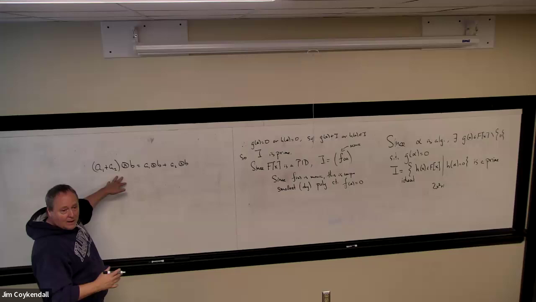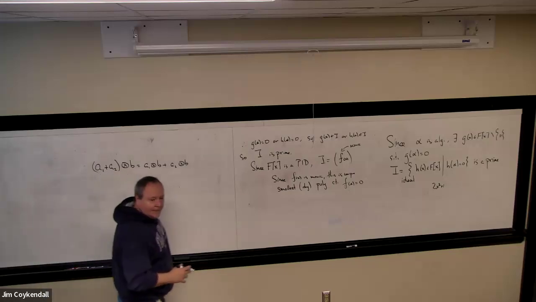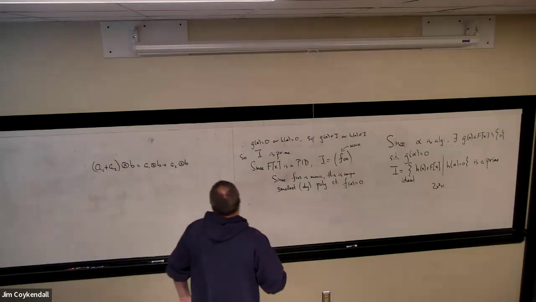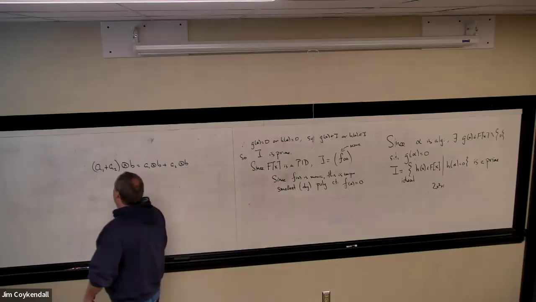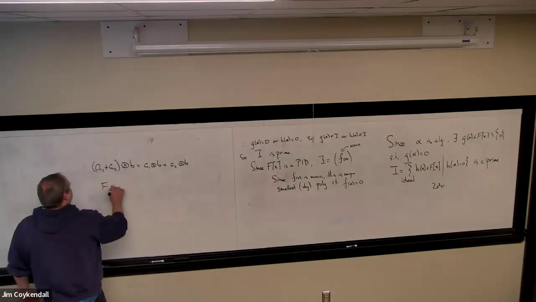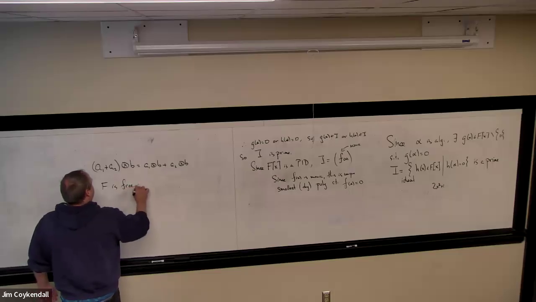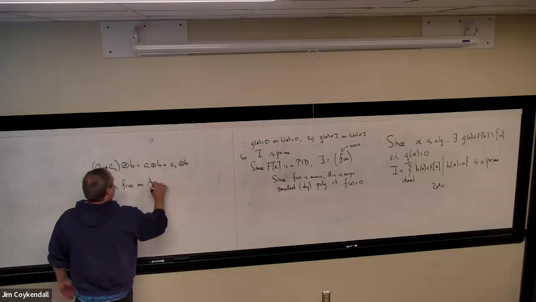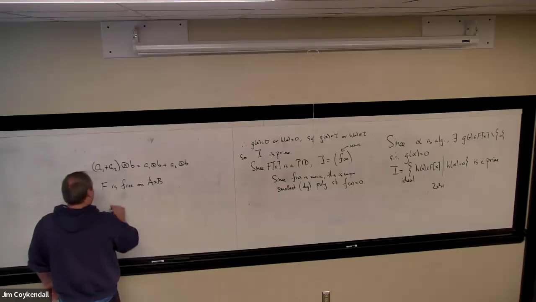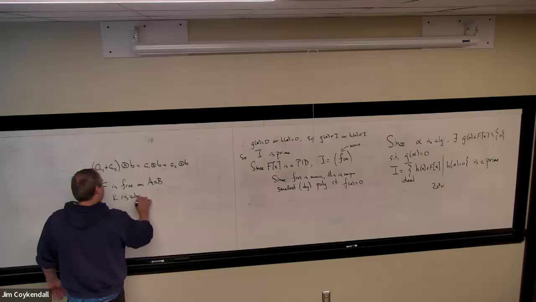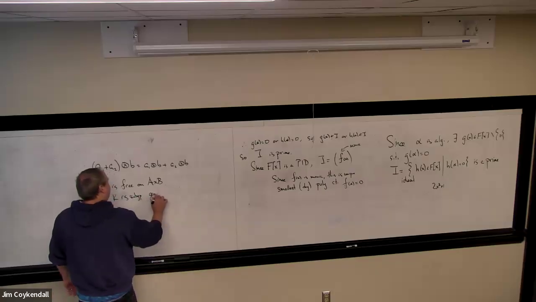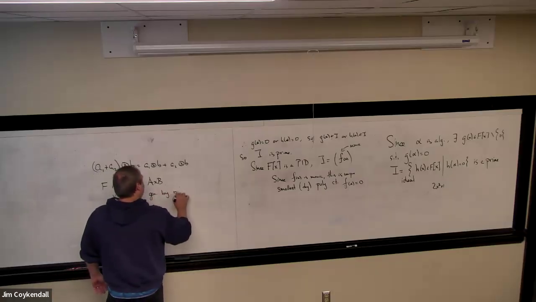Yeah, the elements of K. Right, K is generated by the elements. F is free on A cross B, all that abstract nonsense. What does that mean? K is the subgroup generated by relations of the form